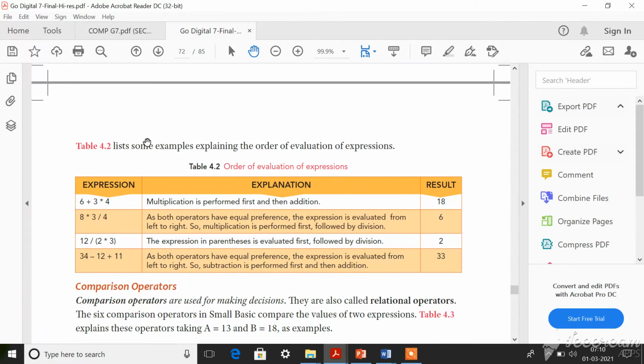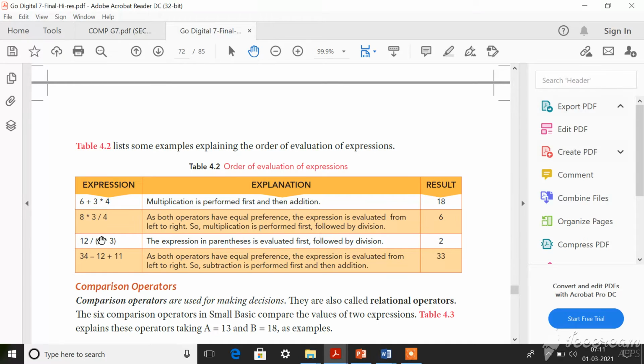You don't have another multiplication symbol here, and you don't have any operator other than the slash, so directly you can divide. The answer of 2 into 3 is 6, so 12 divided by 6. When you multiply 6 by 2 you get 12, so the answer here is 2. This is how you need to follow the order in an expression for solving any problem.